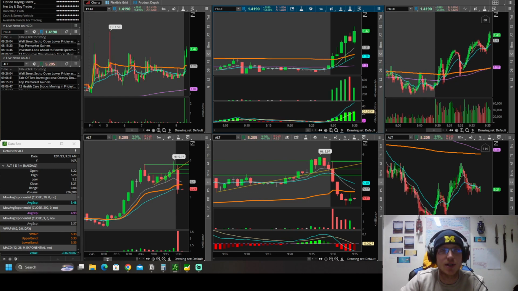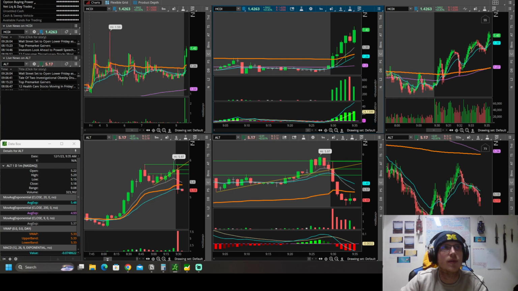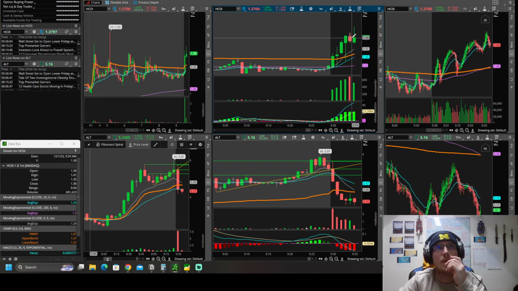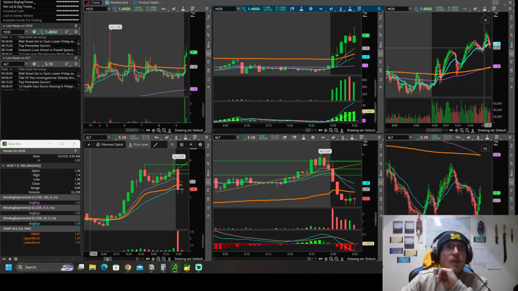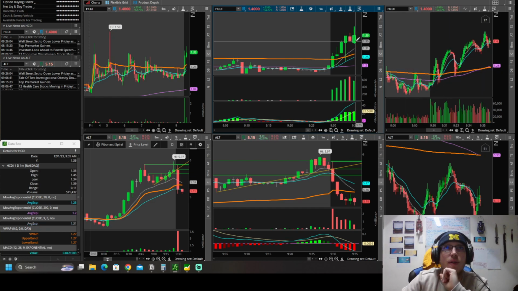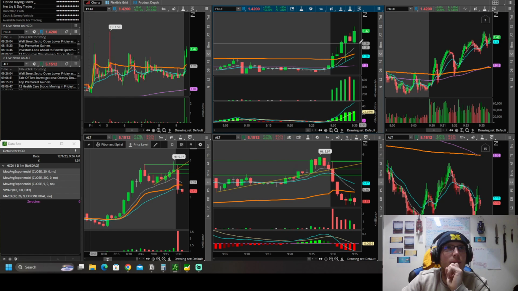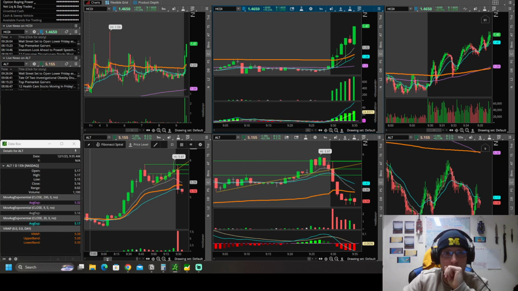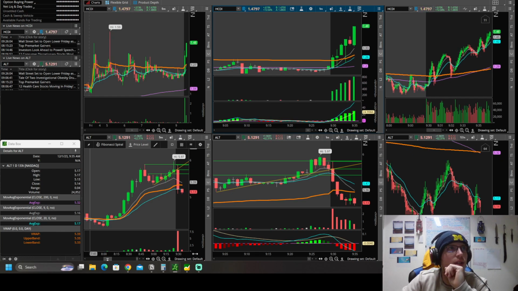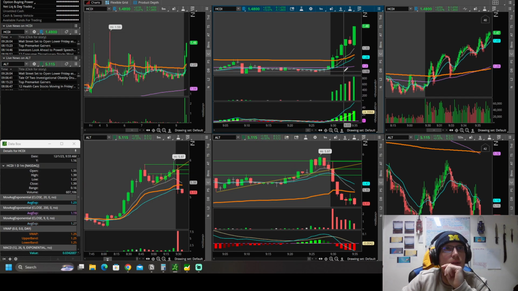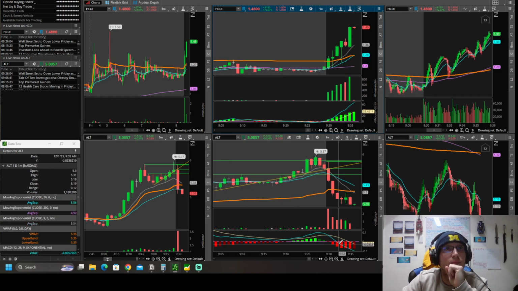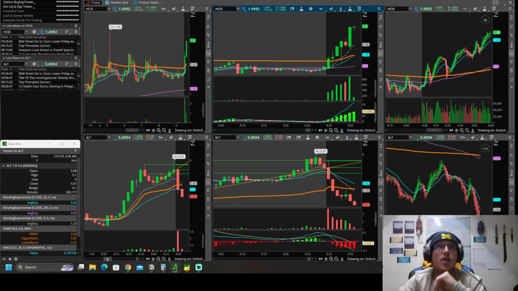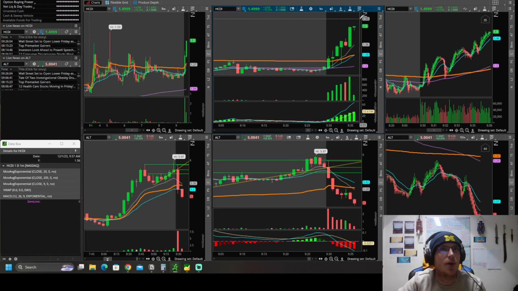Yep, missed it. So 40 was the entry there. Went to a high of 45. A little early. One more candle of pullback would have been better. It could still continue now. Could still continue. But I missed entry, so I want